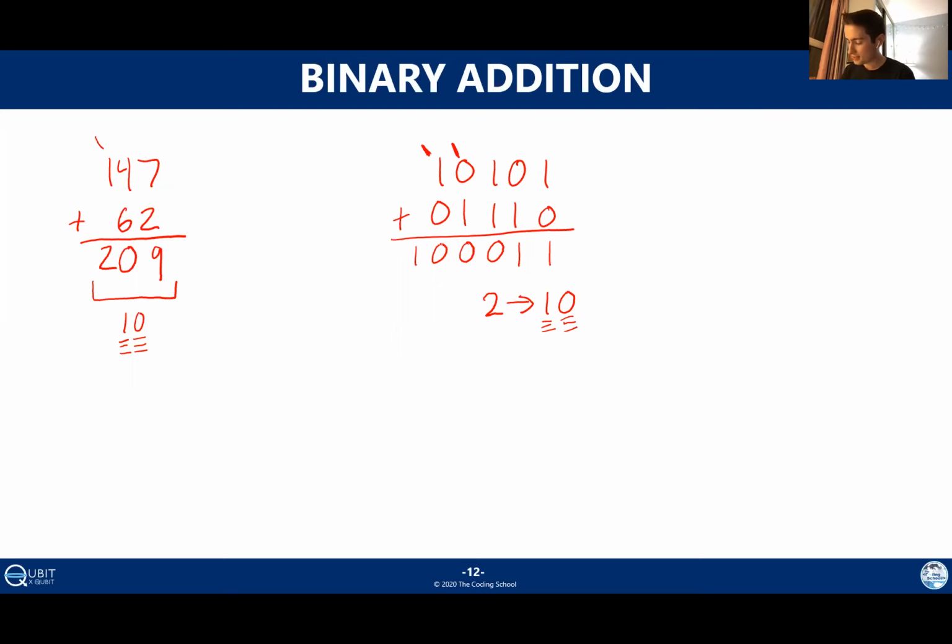So a couple key things to point out here. The summing works the exact same way as in decimal, as do the carries. The only difference is that you're only allowed to put 0s and 1s down here, and things like 2, or if we had gotten a 3, you'd have to write them in binary, and then you'd have a carry for your next column.